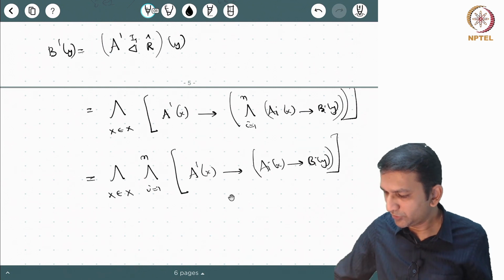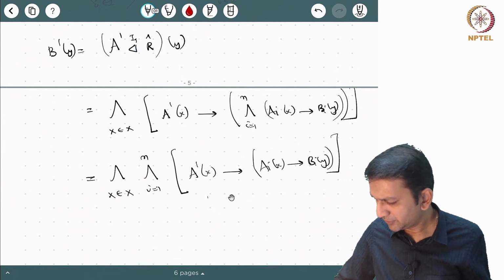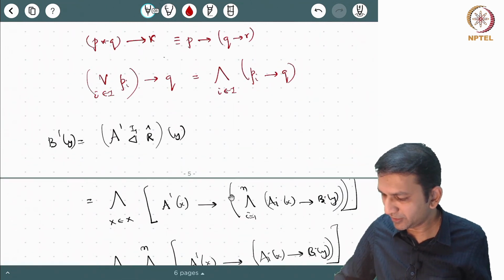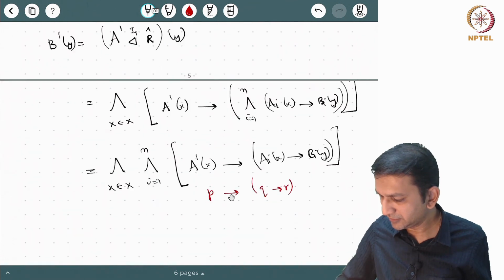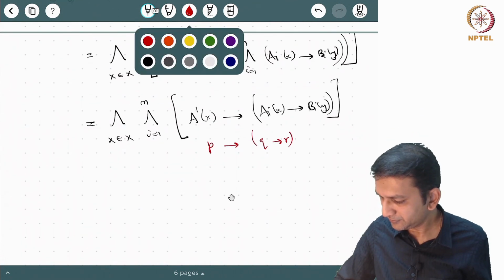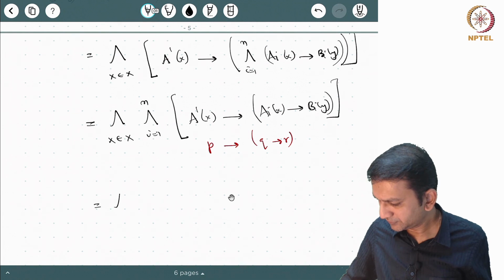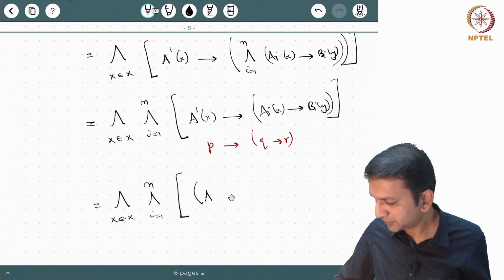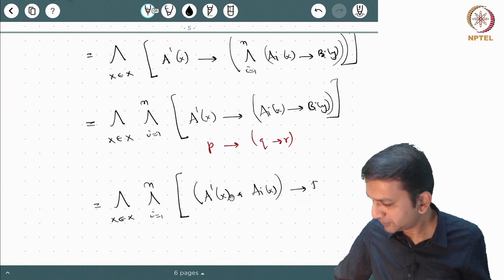So now you can look at this as P implies (Q implies R), which means we can use this property here and then write this as